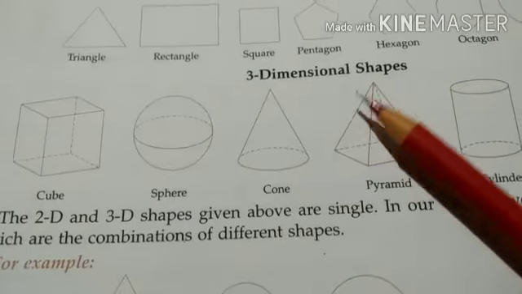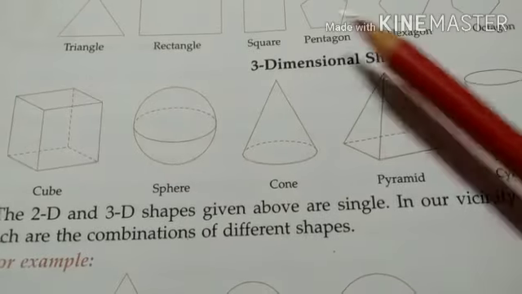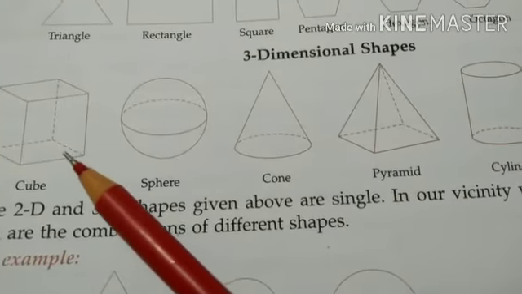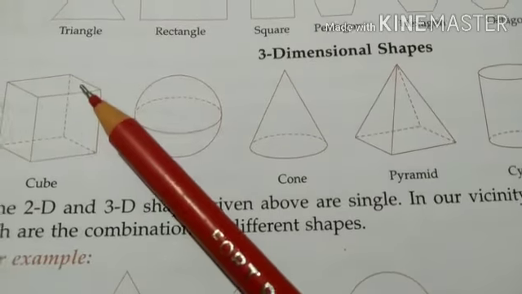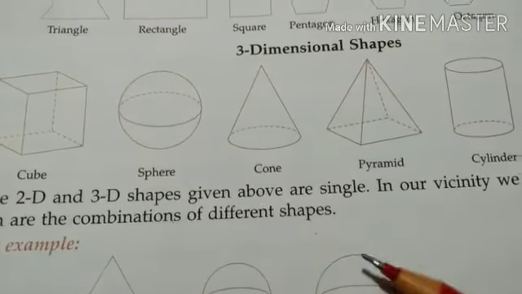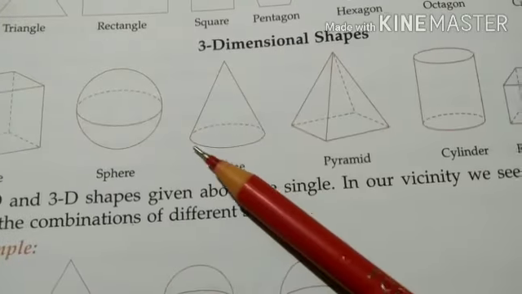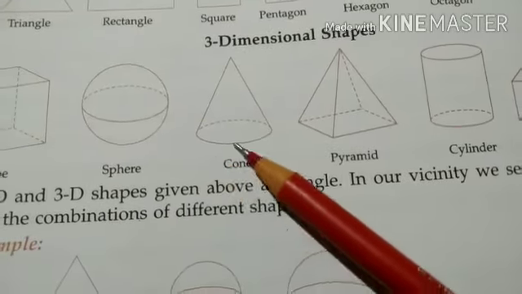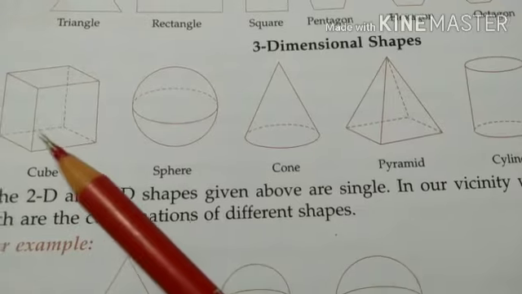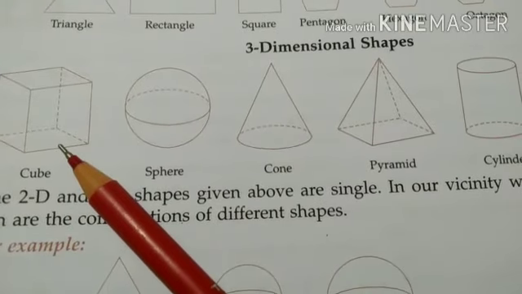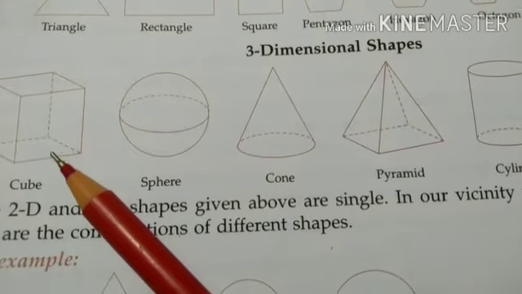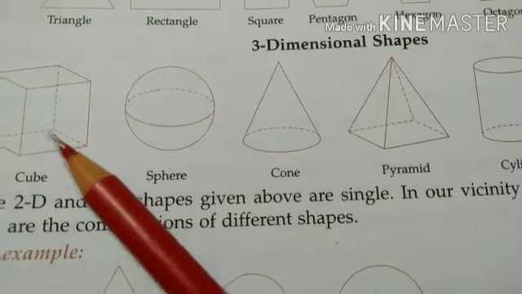These are the three-dimensional shapes. In three dimensions, you can see the length, the breadth, and the height. In a cube, there are 6 faces. As you can see in the Ludo dice, there are 6 faces, so 1 to 6 scores are there.